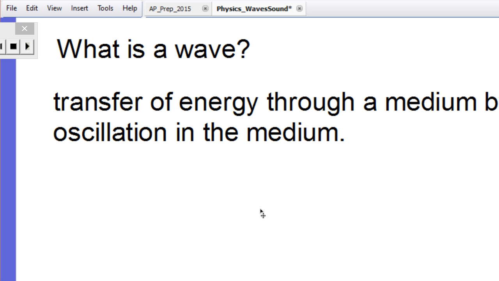Well, if something over on one side starts oscillating, due to frictional forces, it'll cause the thing next to it to start oscillating, which causes the next thing to start oscillating, and so on, until you get everything oscillating,